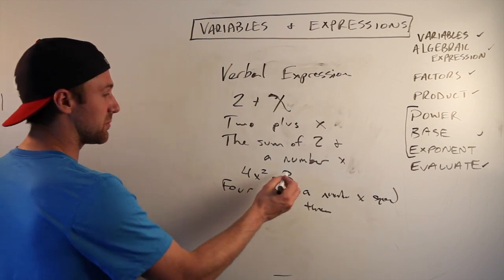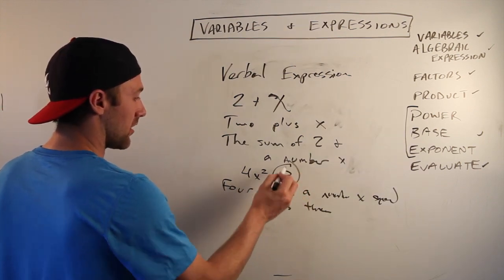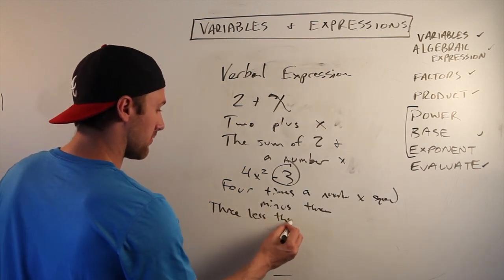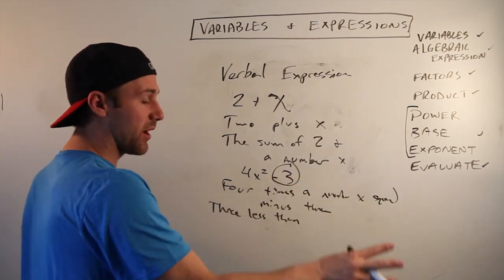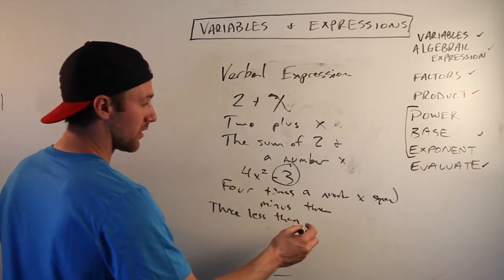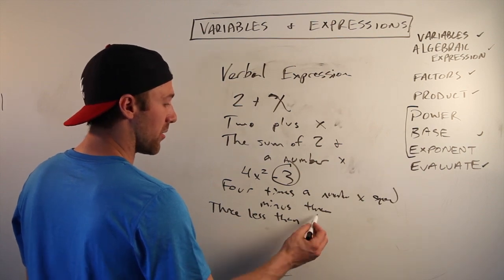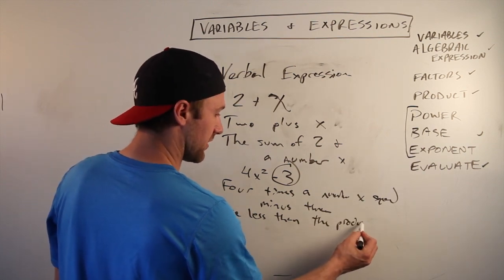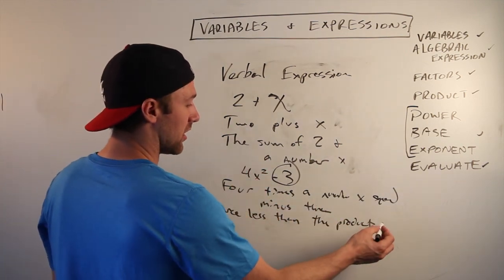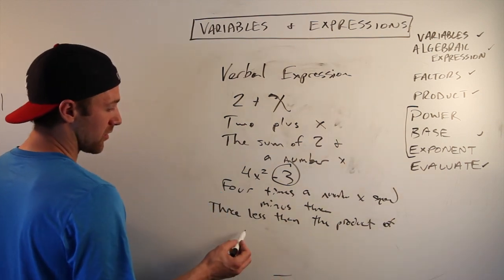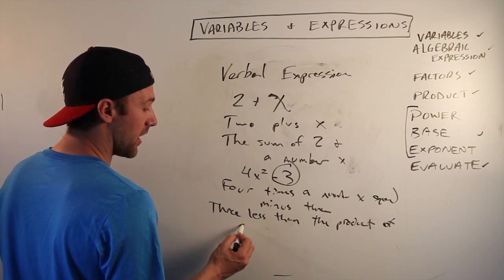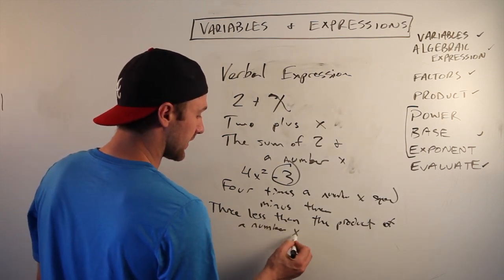So what I'm going to do is split this up into sections. 3 less than. Okay? So we know that's going to go at the end. We're going to take 3 away from whatever it is. 3 less than the product. That sounds good. That means you're multiplying, so I've included my multiplication. 3 less than the product of a number x squared